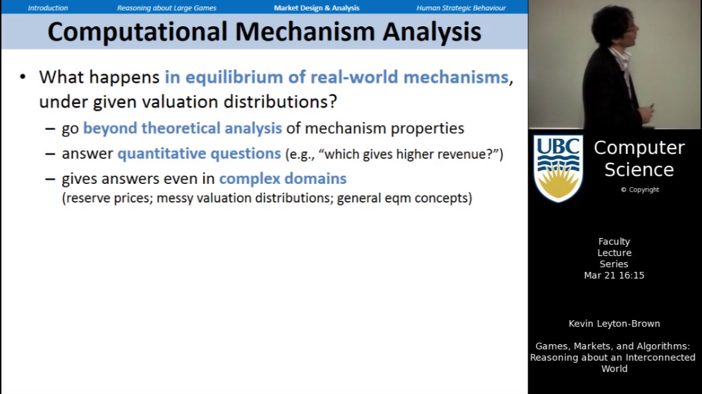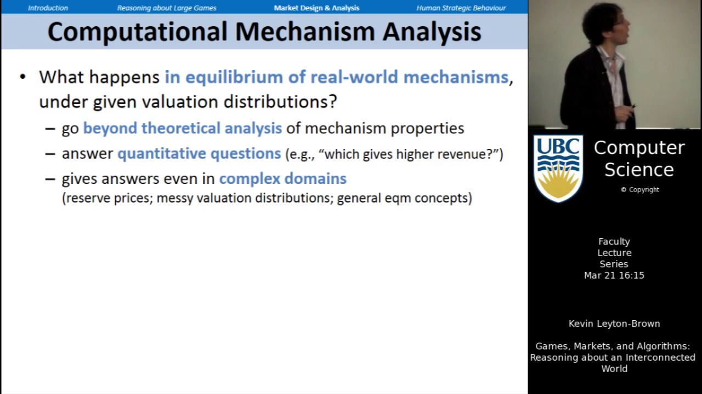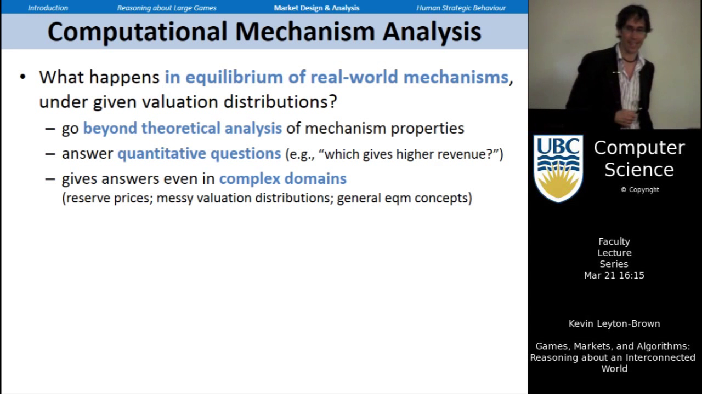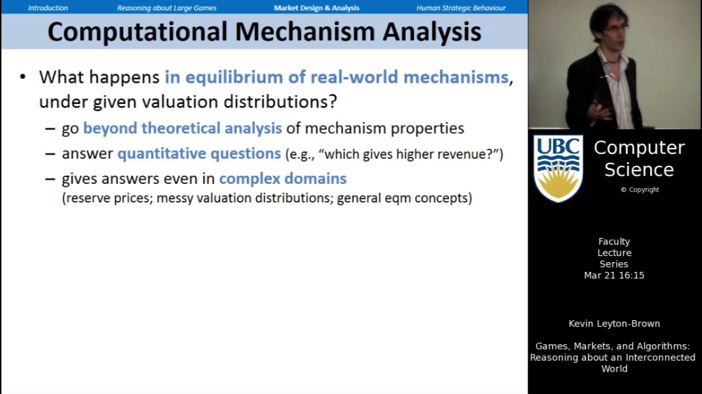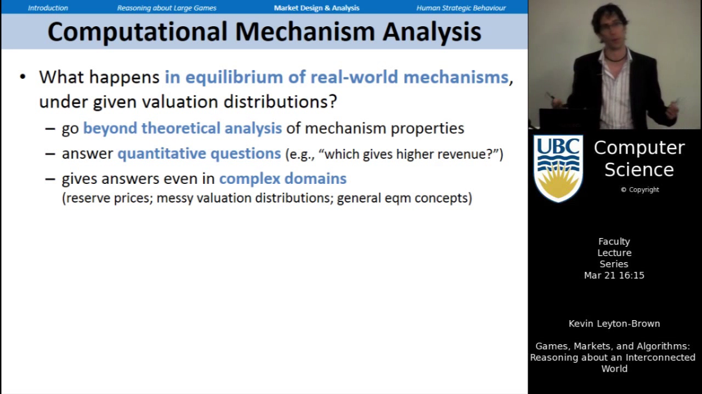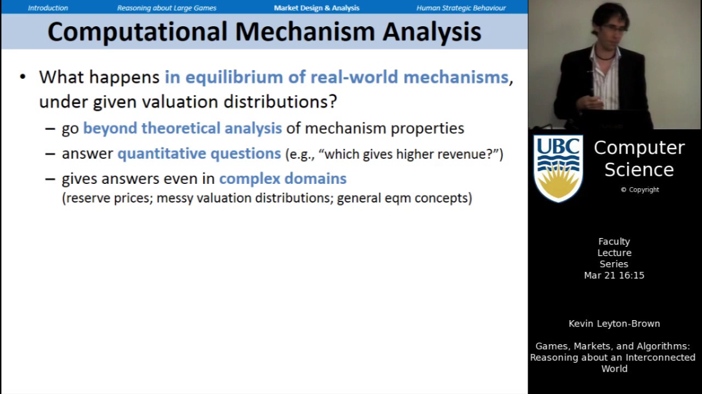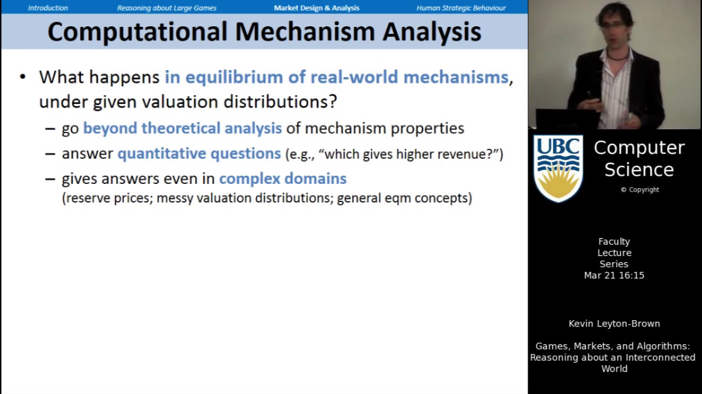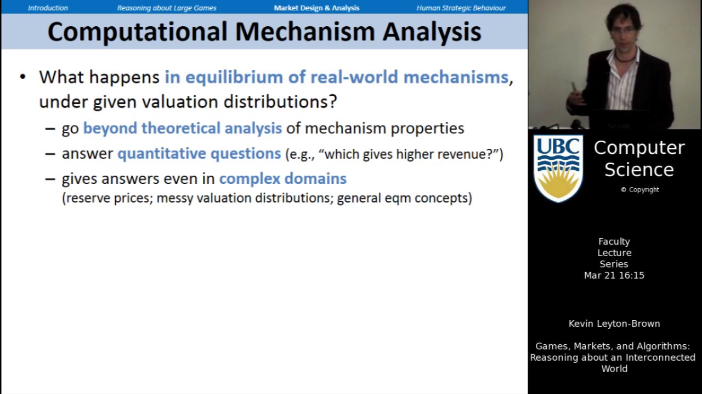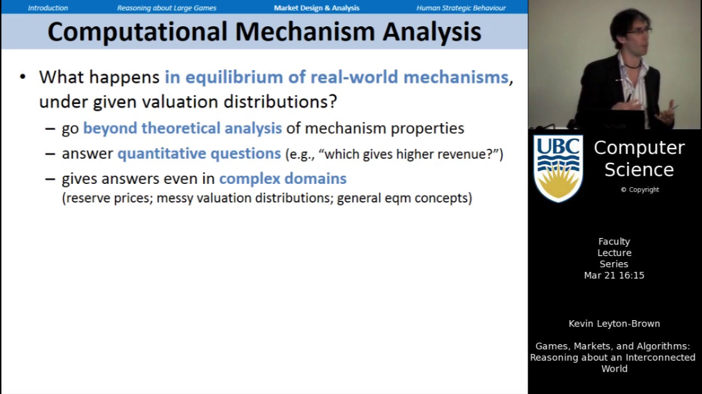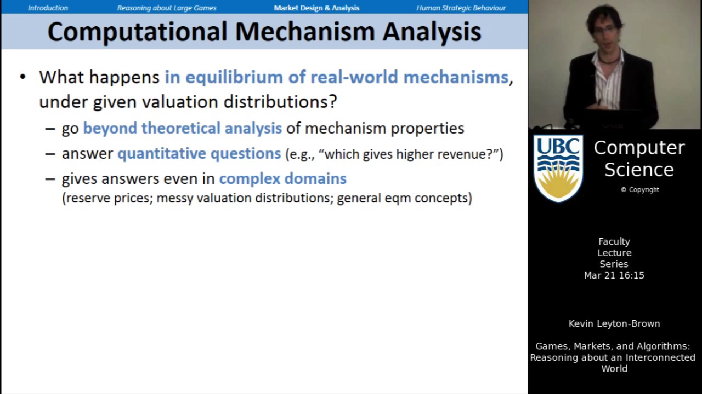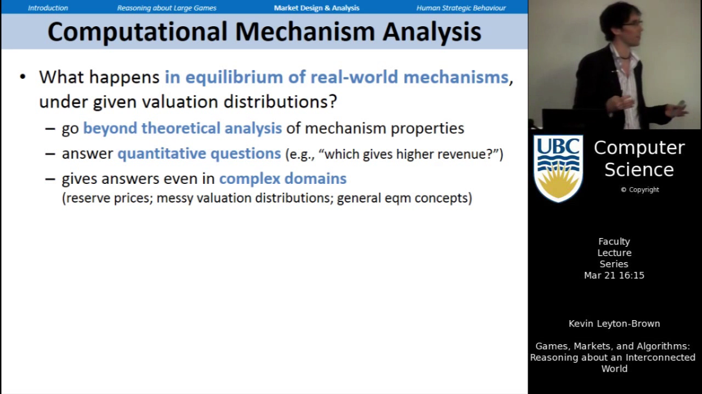So the approach that my student David Thompson and I have been thinking about is something that we call computational mechanism analysis. The idea is to ask what happens in equilibrium of real-world mechanisms under given valuation distributions that describe the way bidders really work. The hope is to be able to answer quantitative questions that are difficult to attack theoretically, and to be able to operate even in pretty messy domains